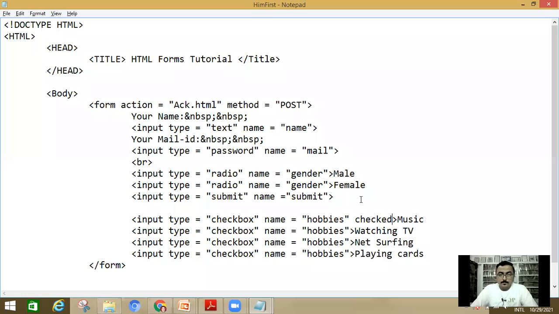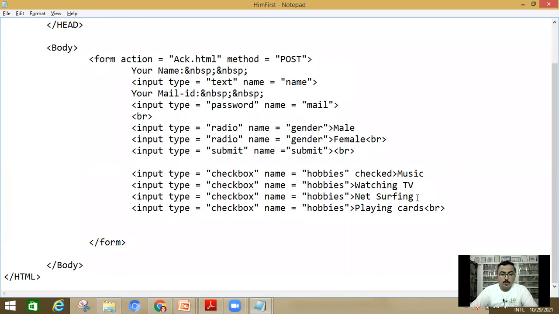Now, what is to be done? I have to put an input tag where I have to supply the file value in the type attribute, simply file.